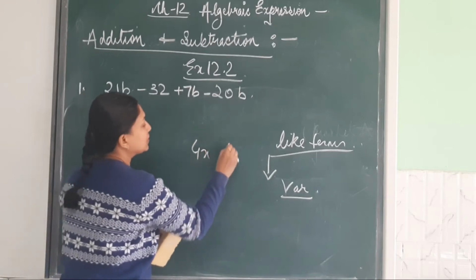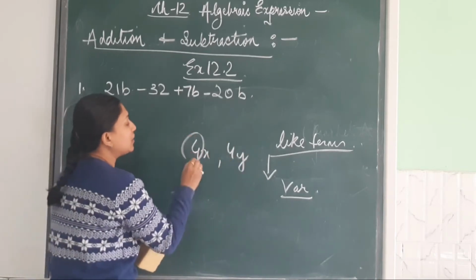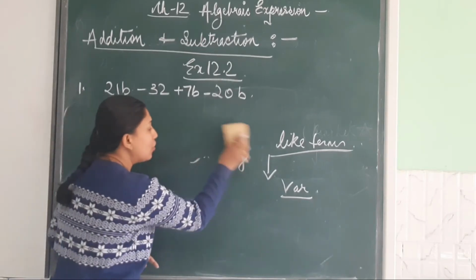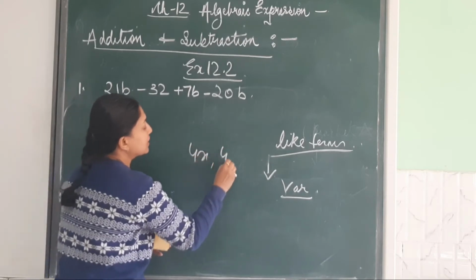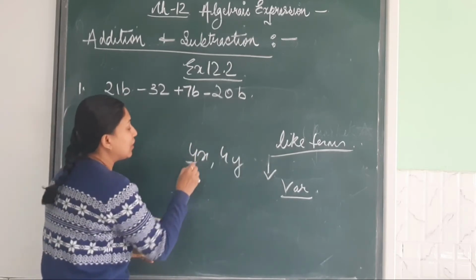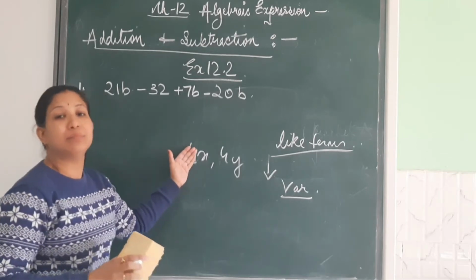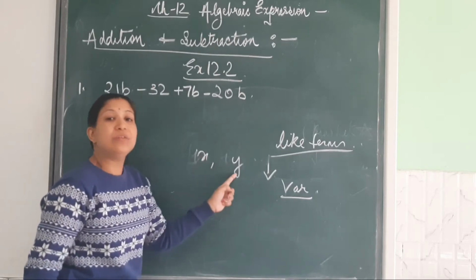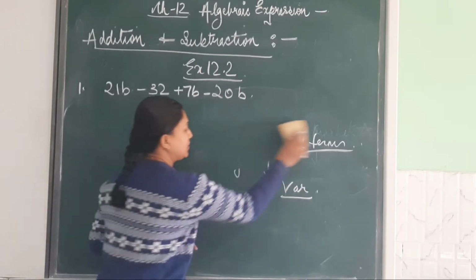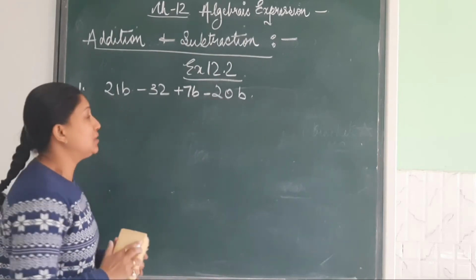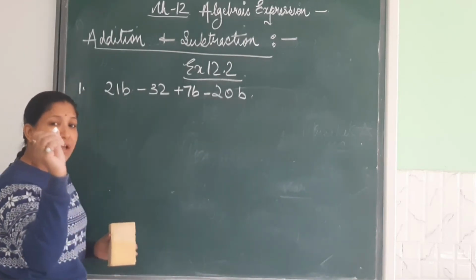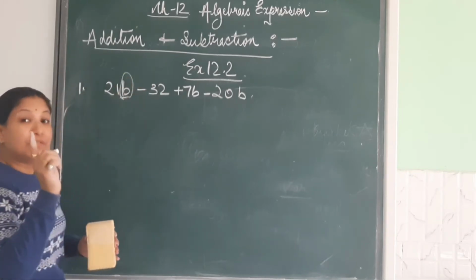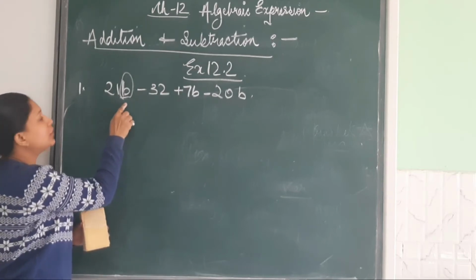Suppose you have 4x and 4y. Taking the numbers the same, you think both are like terms? No, they are not like terms. Why? Because with 4x and 4y, we don't see the number; you just ignore the number, hide it, and now you see what you have: x and y, two different variables, so they are not like terms. This is how we decide like terms. Check here. The only thing is, take out your pencil and highlight or underline or encircle the variable. I am looking for b. Which variable? B.